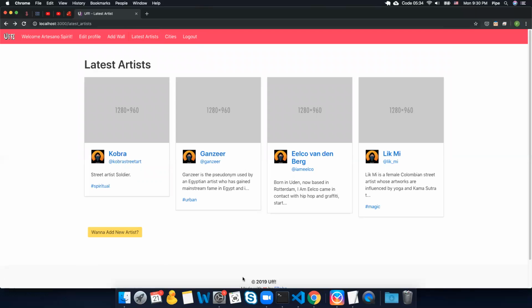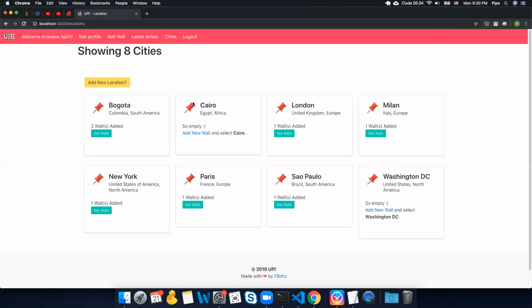It's the nested route that I have with class level methods, such as finding the latest artist that has been added to the database. And you've seen some of the validations. However, we also have another validation that I have for locations. But before I do that, I want to show you a different view, which is pretty useful